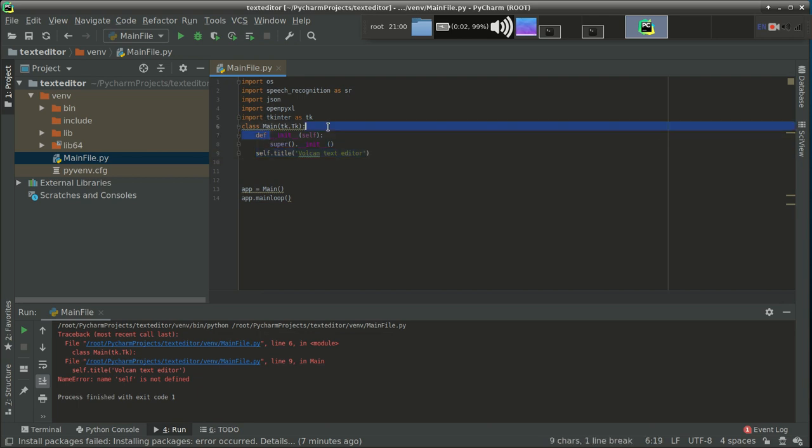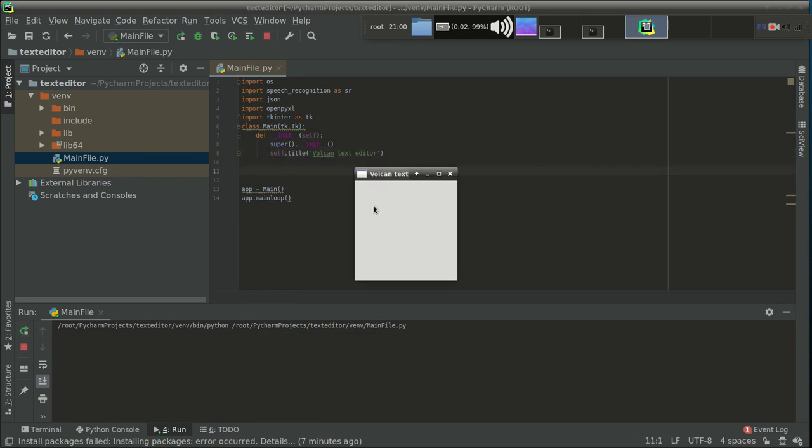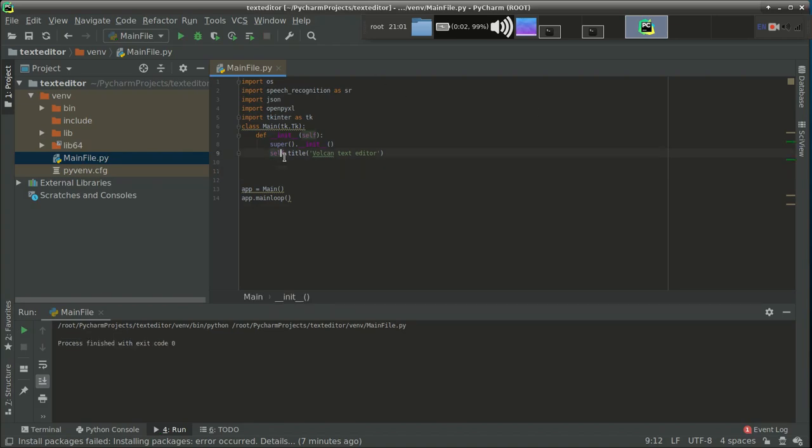This init is a constructor and we are writing this line outside this constructor. So just make it inside. Now you can see that the color of self is changed. Now let's run it again. You can see the name over here is Vulkan text editor. Earlier it was TK. So we have provided the title to our text editor.